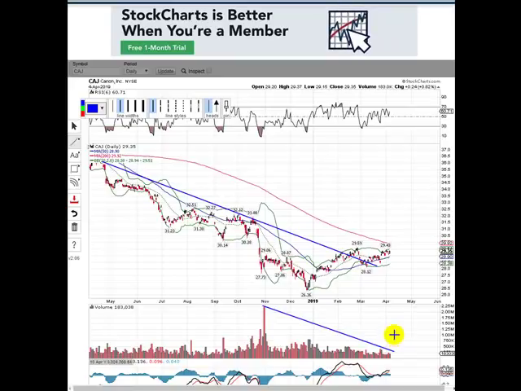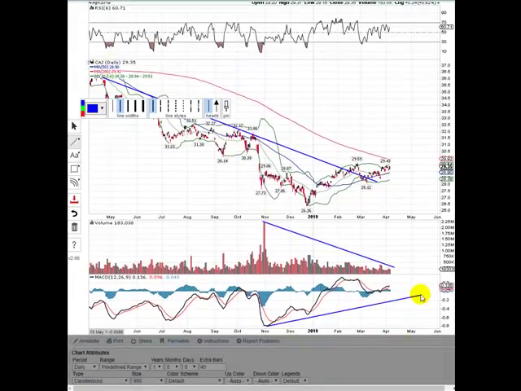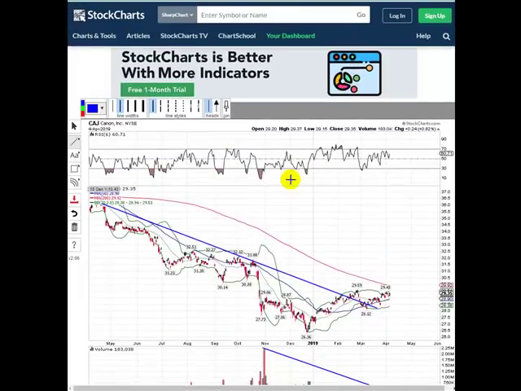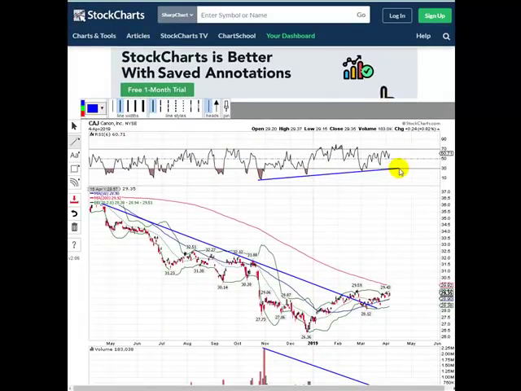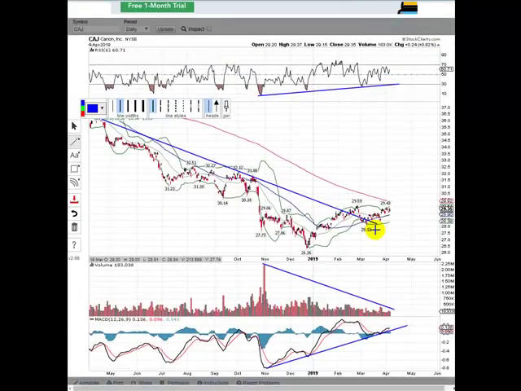Selling volumes dropped off big time. MACD's been heading higher. RSI has been heading higher. So all the technical things you would want to see. The next big hurdle, of course, is to get above the 200-day moving average and stay above it. So I believe that'll be the next hurdle that you'll take a look at. And once it gets above that and starts to sustain itself above that, then it can really take off and head quite a bit higher.